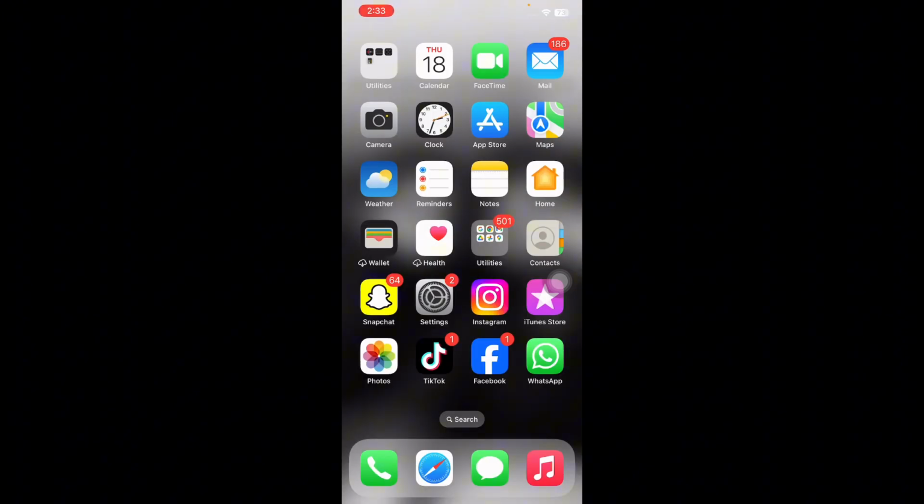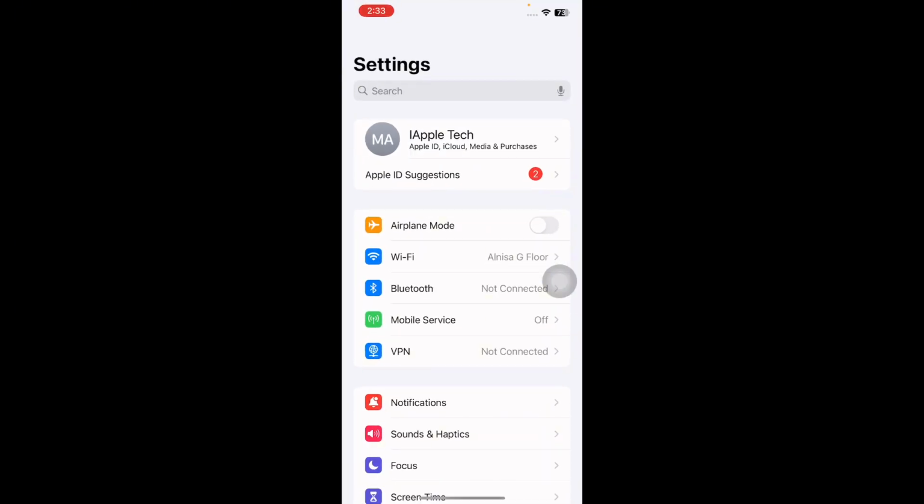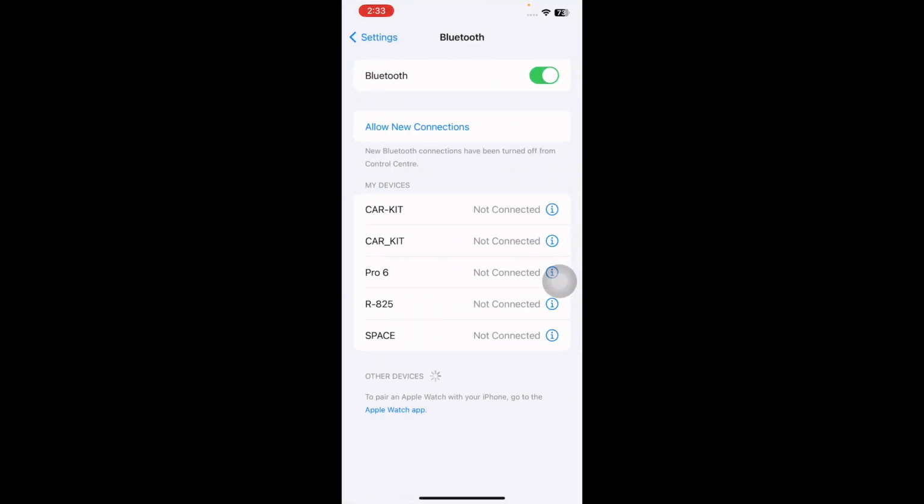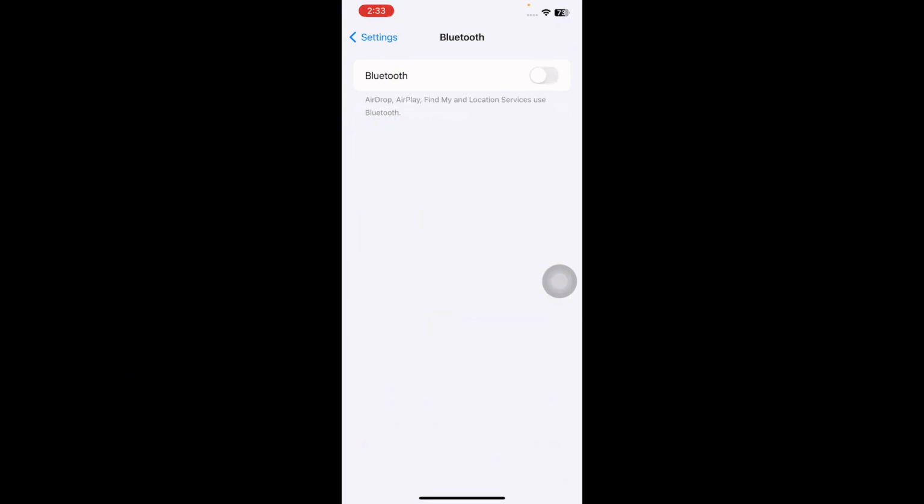And the next step is disconnect the AirPods or disable Bluetooth. There are reports that suggest Bluetooth connections might impact camera performance. Although this is not a documented issue, for this go to Settings and then go to Bluetooth and then tap on its toggle button to turn it off, and you are done.